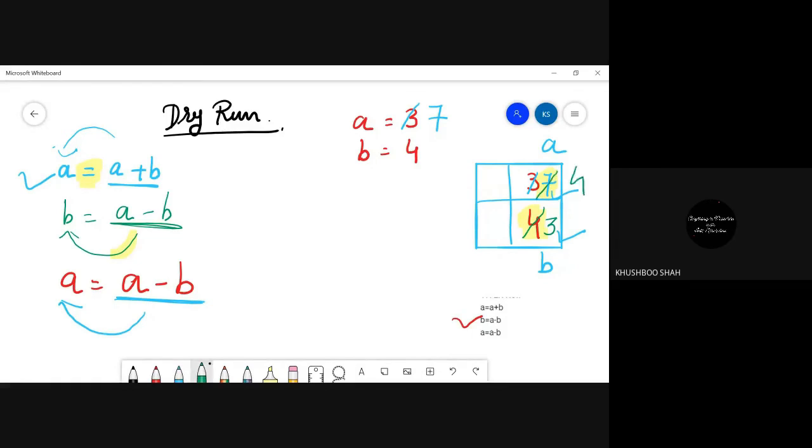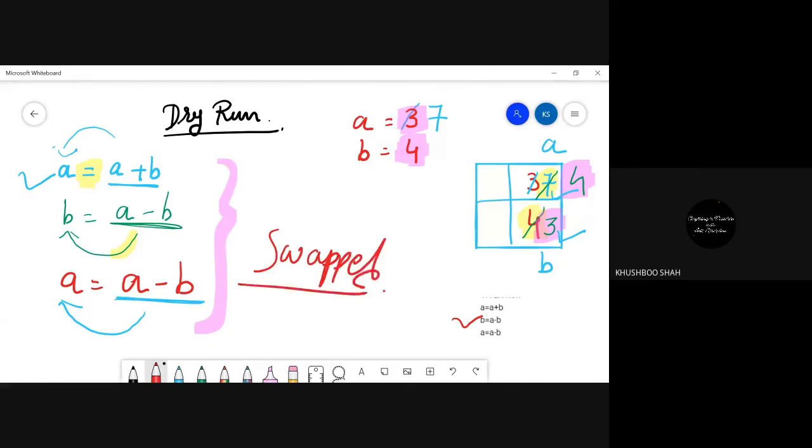So this is the logic, and at the end I got 4 and 3. It was actually 3 and 4, but after applying this logic I got 4 and 3. So now I can say that my numbers are swapped.